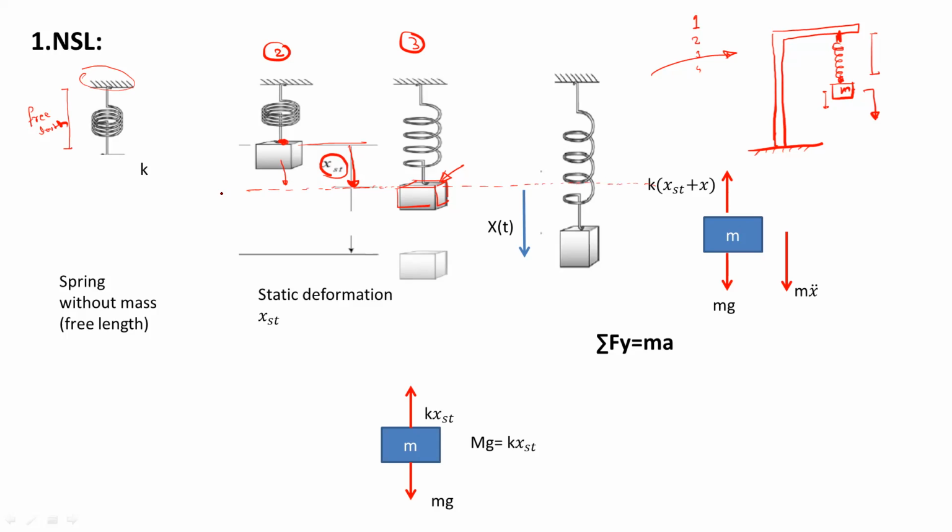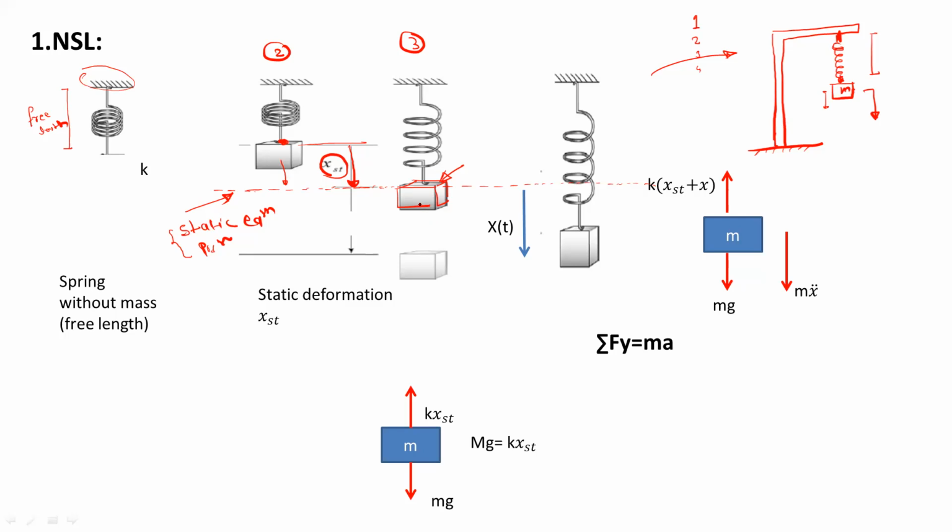So I have drawn one reference line. This reference line is called the static equilibrium position. In your exam, there can be one question: what is the meaning of a static equilibrium position? And what is a static deformation? Once you connect the mass, there is a permanent deformation, and the spring will get deformed permanently because of that mass. But at that position, the system is not oscillating.